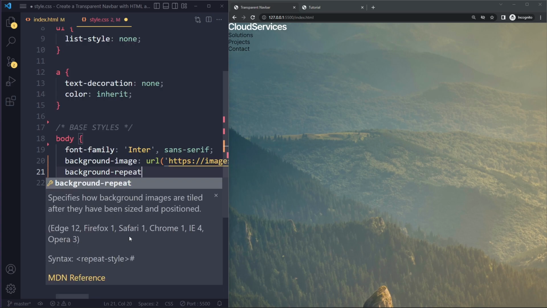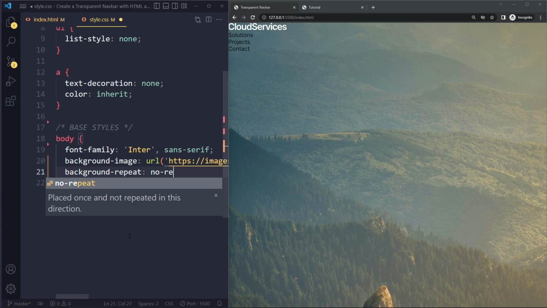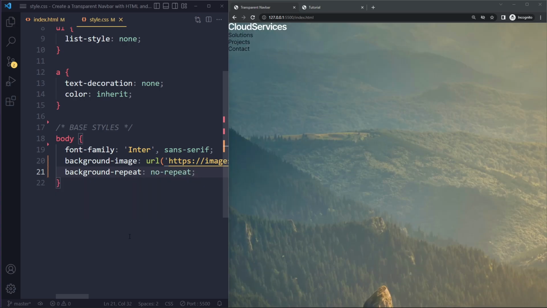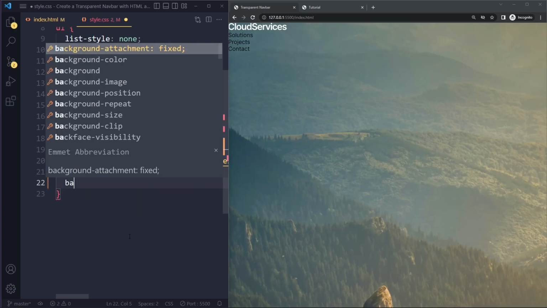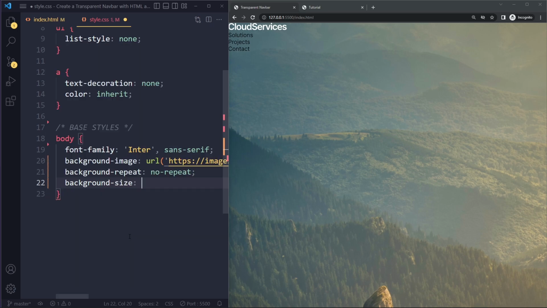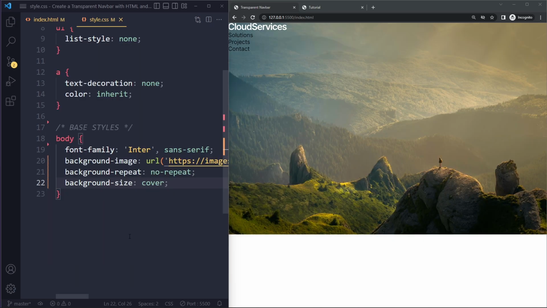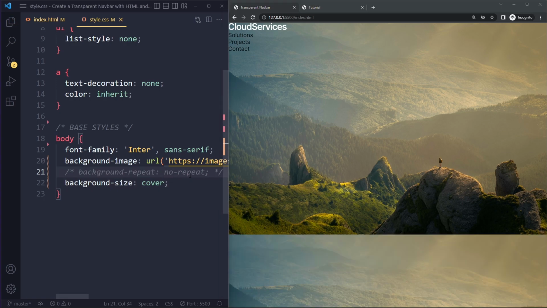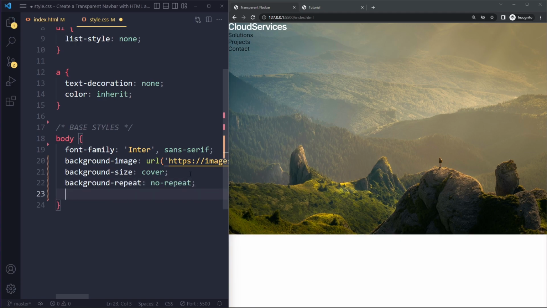So typically we don't want to have any repetition, right? So typically you want to prevent any repetition in case that happens. We want to make sure it actually is covered so that we can actually see the image. Right, so now we can see it in full, but there's no repetition, right? If you leave this off, it will repeat itself, right? So we don't want any repetition, but we still want this to sort of go all the way to the